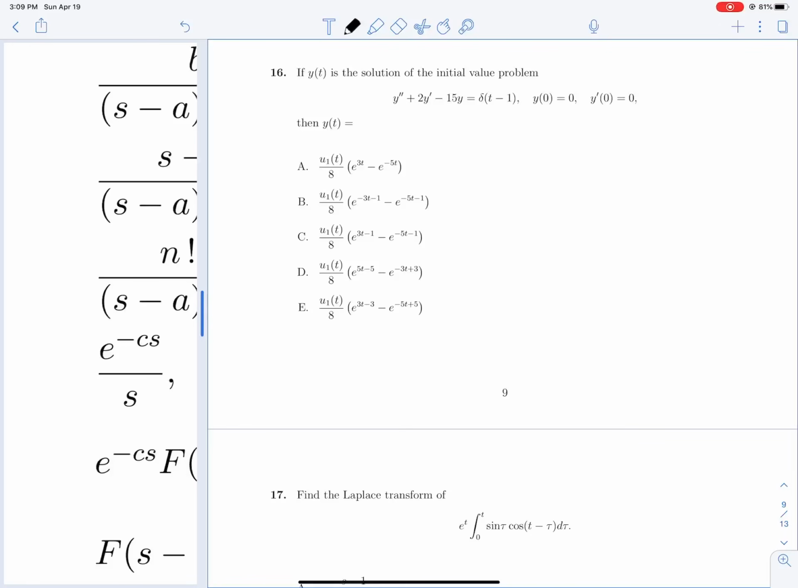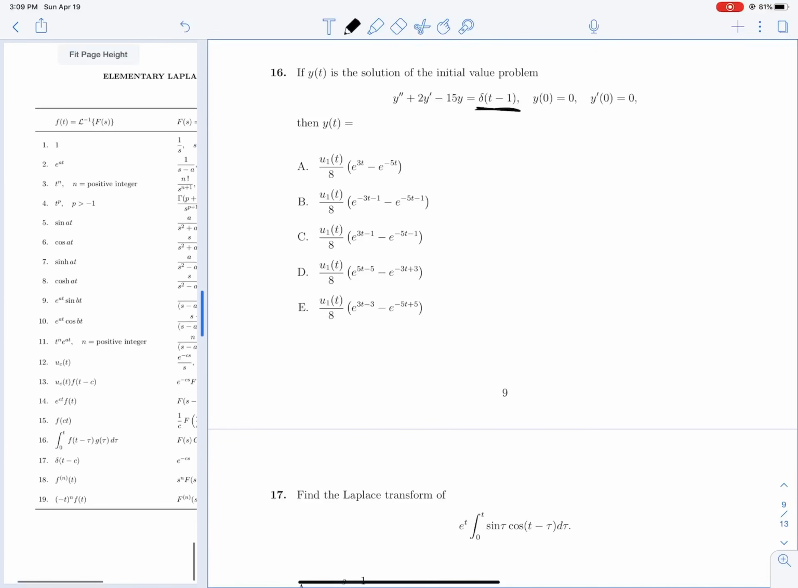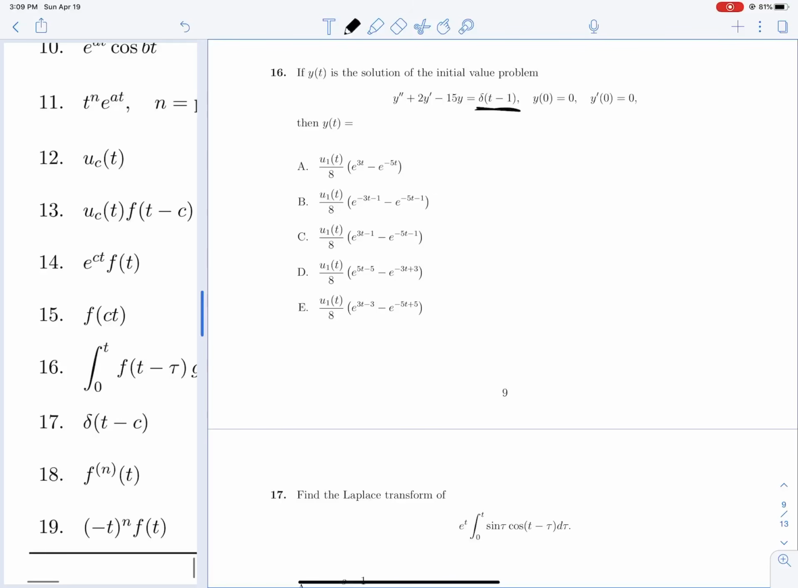If y of t is the solution to this initial value problem, what is y of t? We have a delta function over here, which we know how to take the Laplace transform of, so we can just take the Laplace transform of both sides. The Laplace transform of y double prime